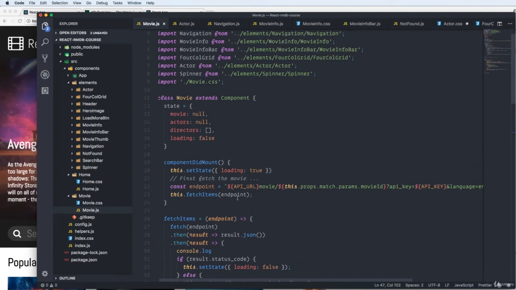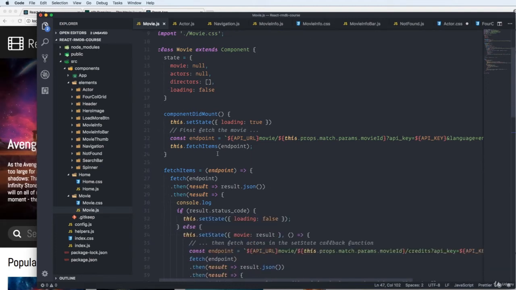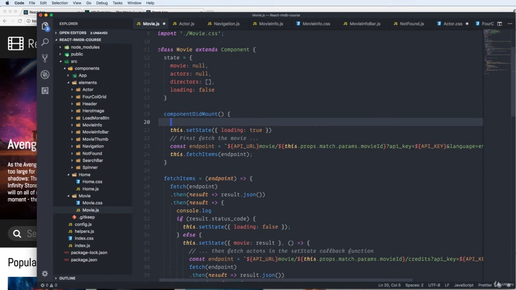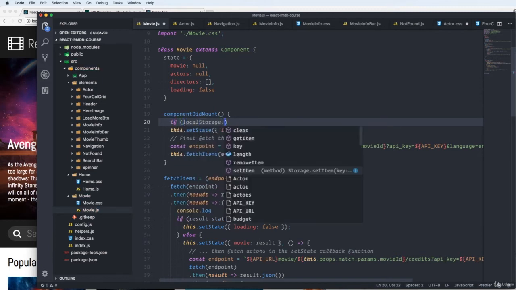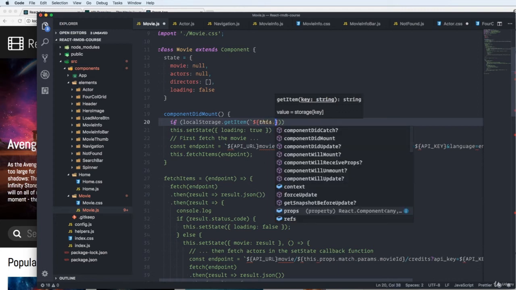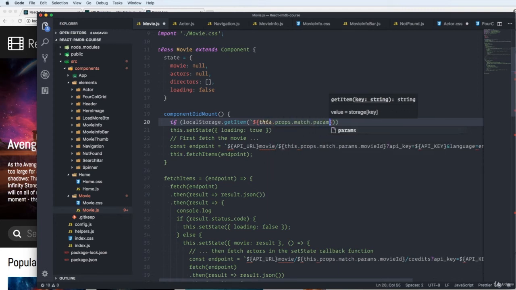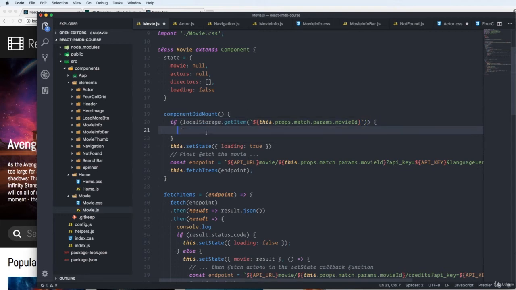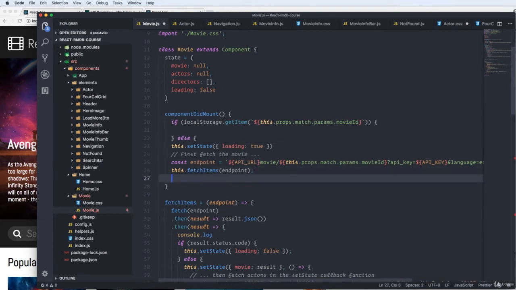Then we can also, just as before, check in our componentDidMount if we have a local storage. Otherwise, we'll fetch the data from the API. So we create a new if statement, if localStorage.getItem, and then we do this template literal again with a backtick, this.props.match.params.movieId, and another backtick, like so. Then in our else statement, we're just doing the same as before. We're grabbing the API data,